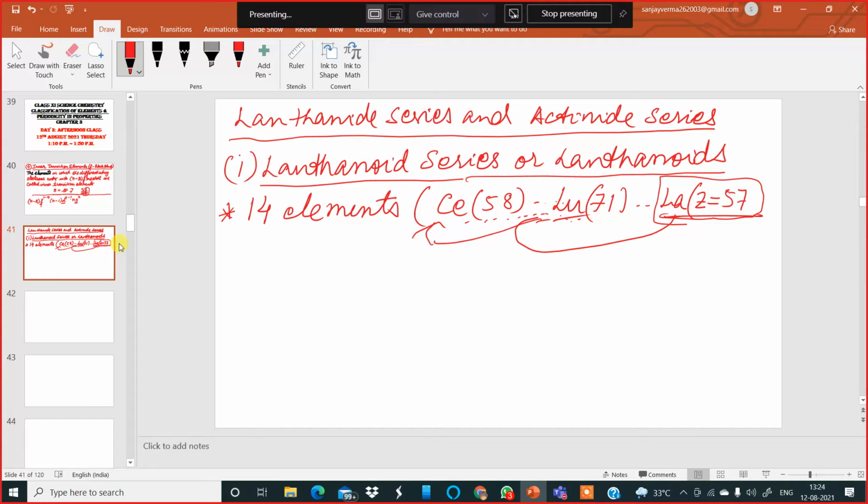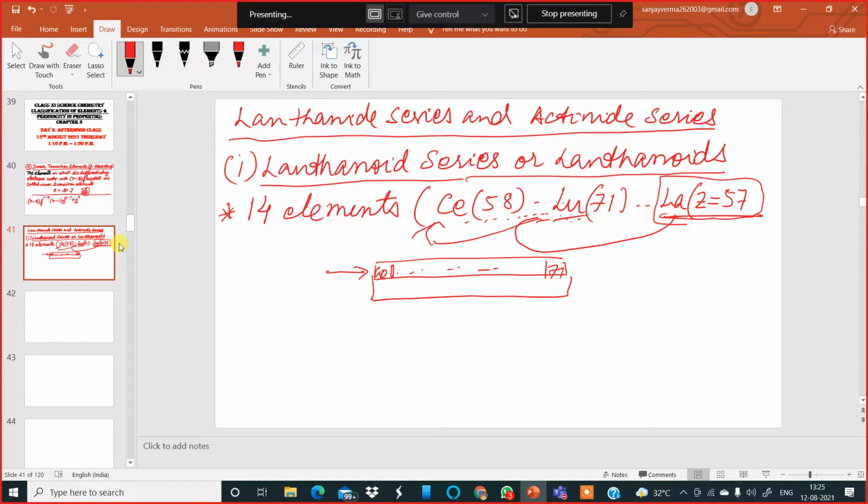So after that, separately in the periodic table, there are two series like this: 14 elements, another 14 elements. From here, if you start, it will start with cerium, then it goes on till atomic number 71. So these are the lanthanoid series containing 14 elements. Now with regard to physical and chemical properties, they resemble lanthanum strongly in the periodic table. That is the reason also why they are called lanthanoids.